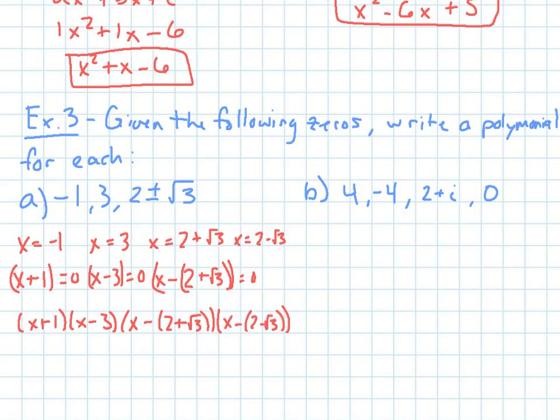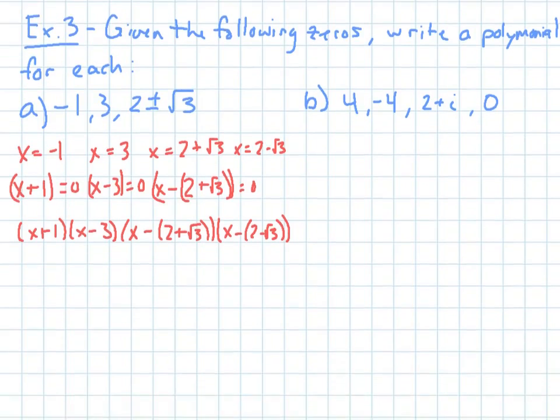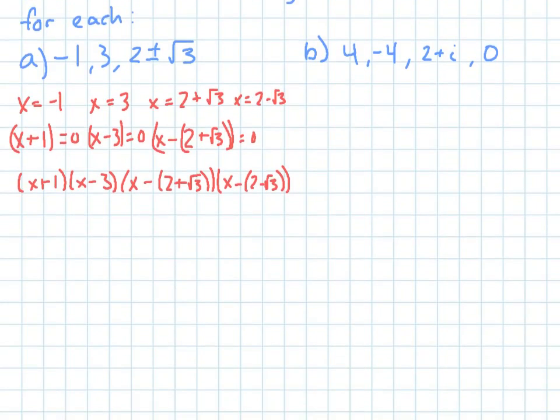Now you have the start of what you want. You want to multiply your polynomials out, so pick 2 and put them together. For the first one I get x squared plus 1x minus 3x minus 3. For the other one, distribute the negative through for both of those, so it'd be plus there. Then you get x squared